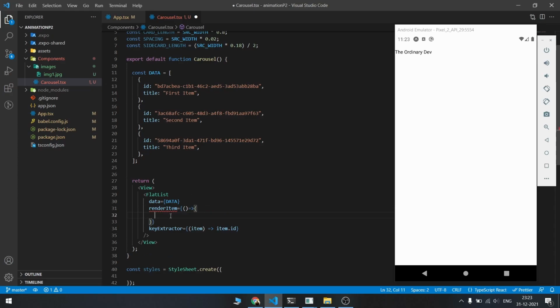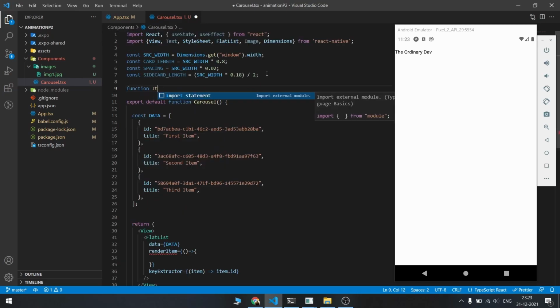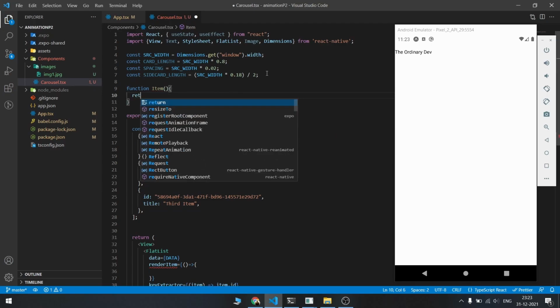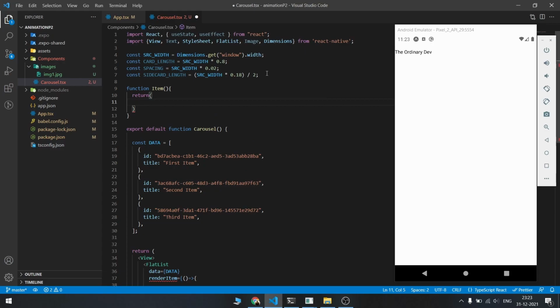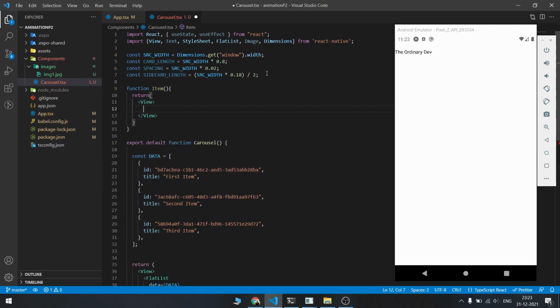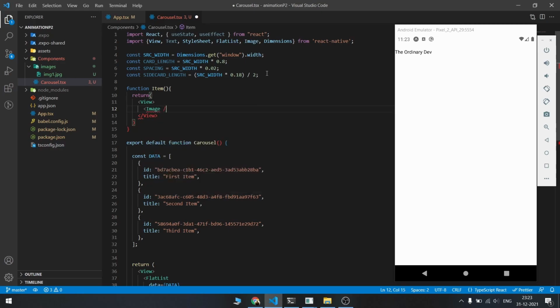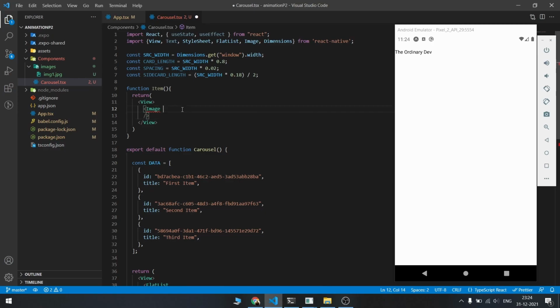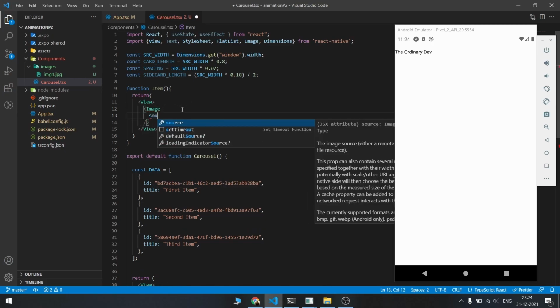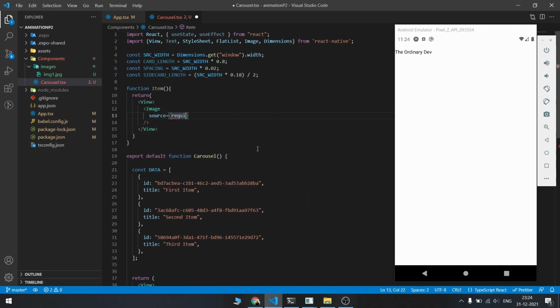Now for the item that we're going to render in this list, we're going to create another functional component inside the same file, and we're going to use it here. I'm going to call it Item. This will return a View, and it will contain an Image. You can add any image you want.